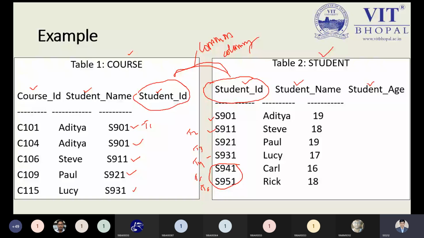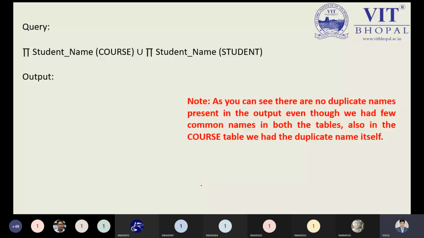So let us have the example here. Okay, and how to write the query? In relational algebra, there is a simple answer: student name, student, course. So what does it mean? From the student table we just want to print the student name, and from the course we want to print the student name. So after performing the union operation between these two relations, course and student, we will